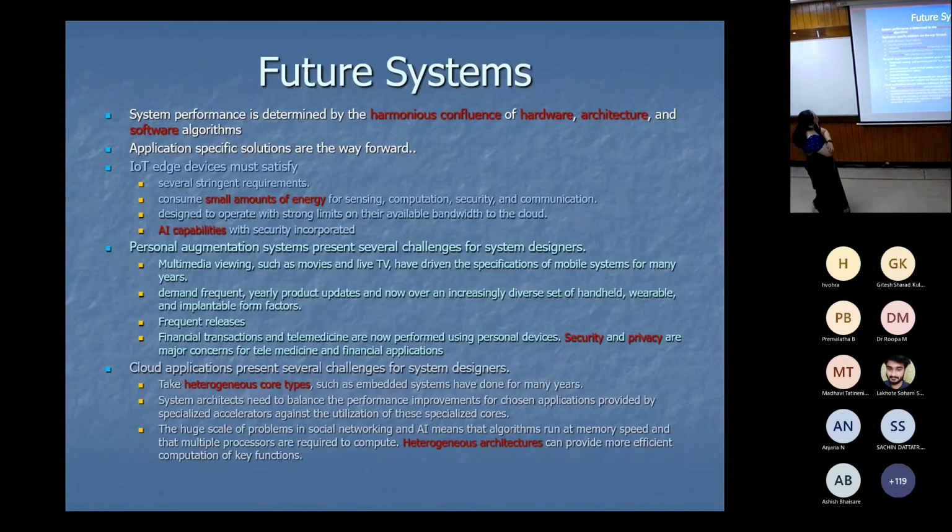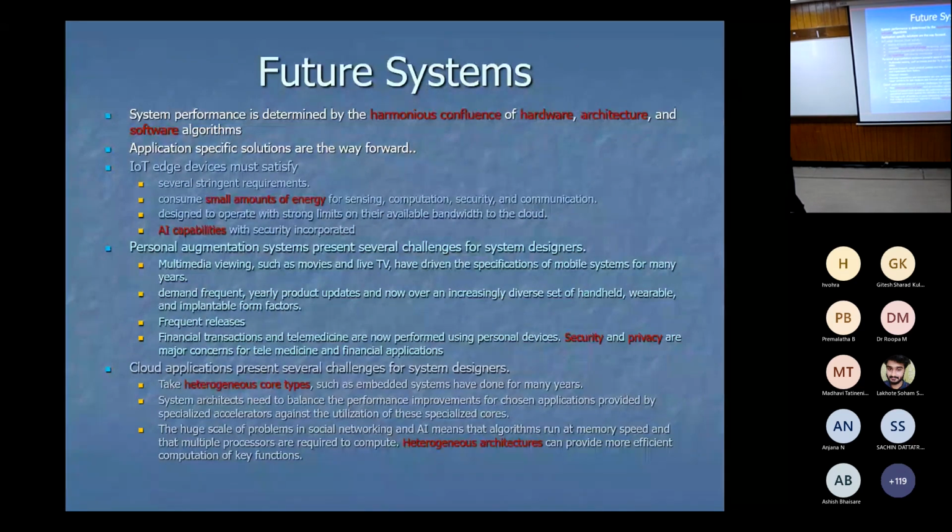Then, application-specific solutions are the way forward. You can see that in the various classifications of the solutions we offer. IoT edge devices have importance of security and a lot of other things, they should consume a small amount of energy, and interface to CMOS compatible technologies like sensors and actuators, etc. And AI capability is a must in all IoT systems because that is